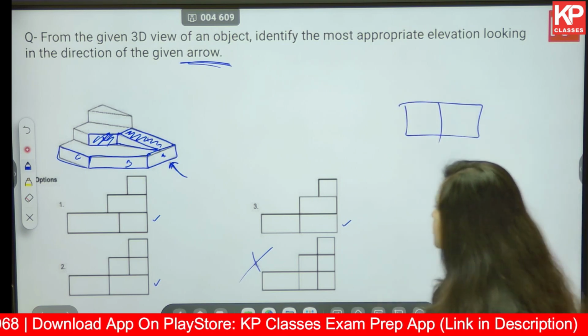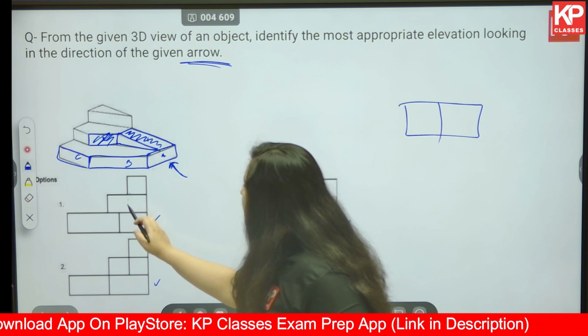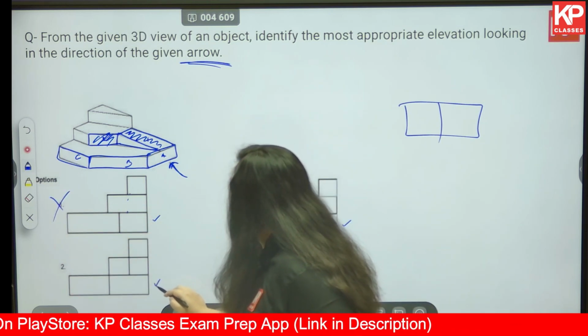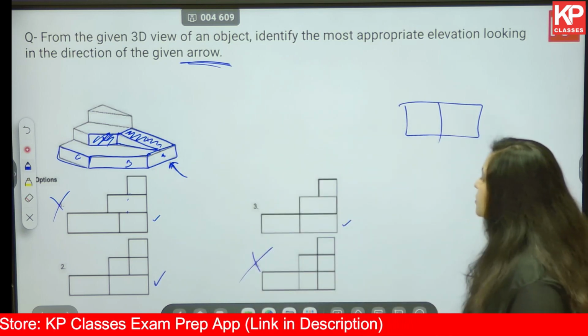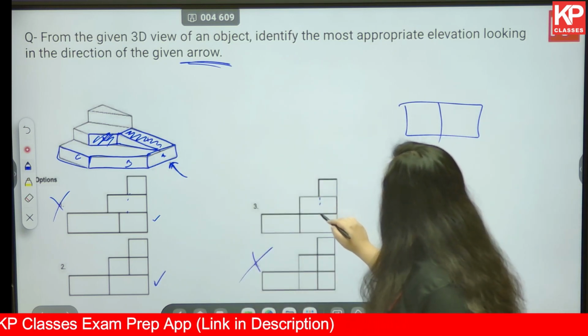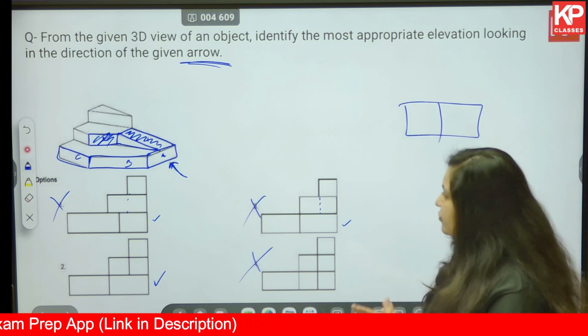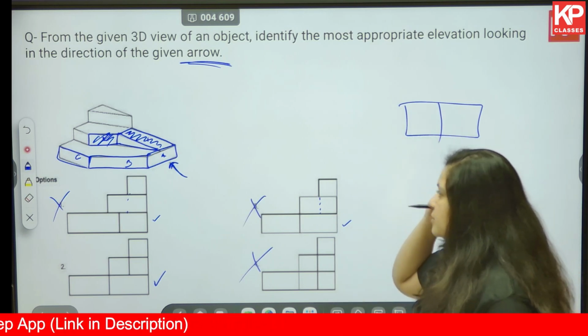Let's check for these options. Option 1, you do not have a line in between, eliminated. Option 2, you do have a line in between, so again a tick mark on option 2. Option number 3, again you do not have a line in between, so eliminated. So option number 2 as of now we can say is correct. Okay, then